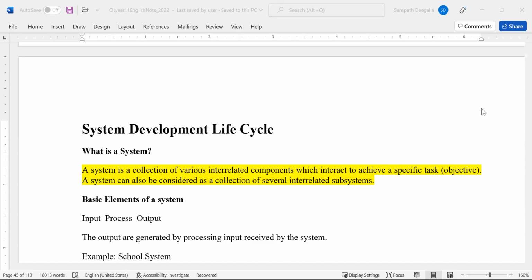So the topic that we were discussing last time is called system development life cycle. In system development life cycle, we are going to discuss how information systems are developed. Now in grade 10, for example, you have learned Microsoft Word, Microsoft Excel, PowerPoint. You use these software applications for various tasks. But then if you think about how you are going to create or build this system, we should know the